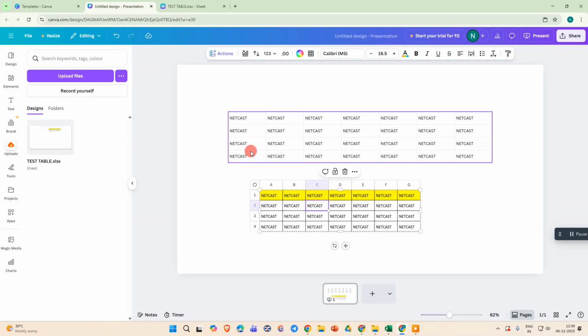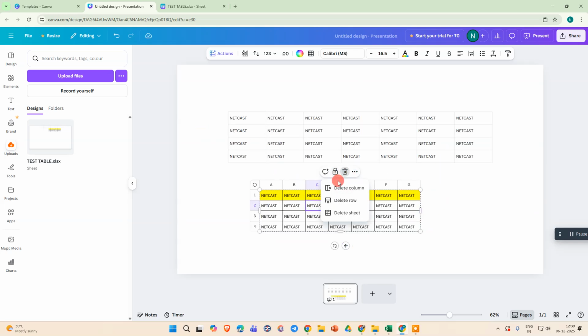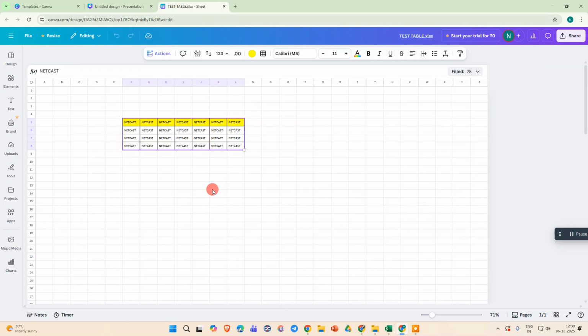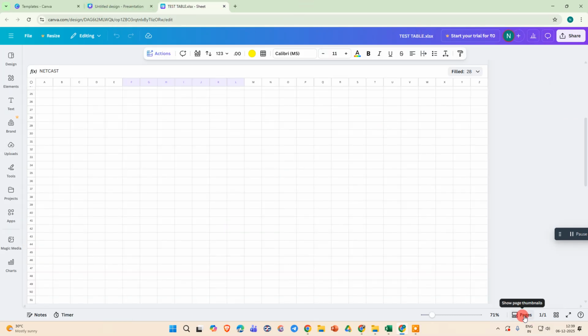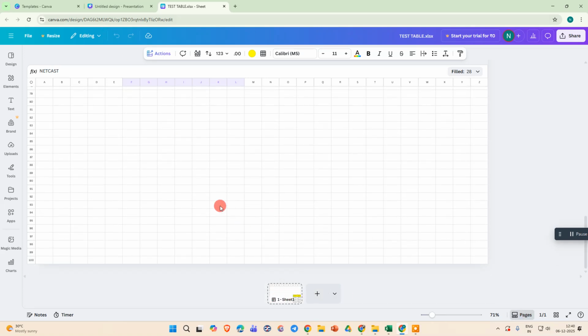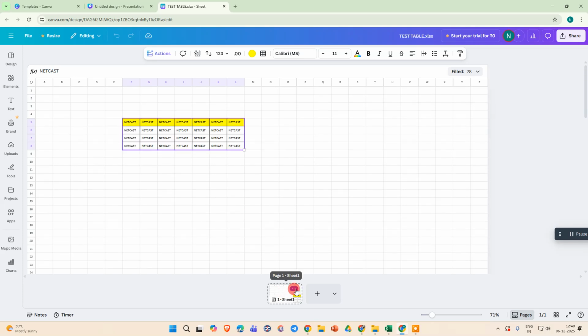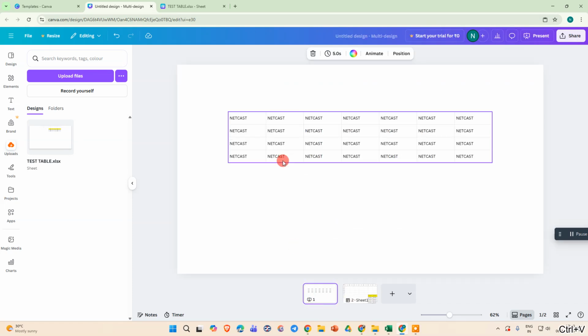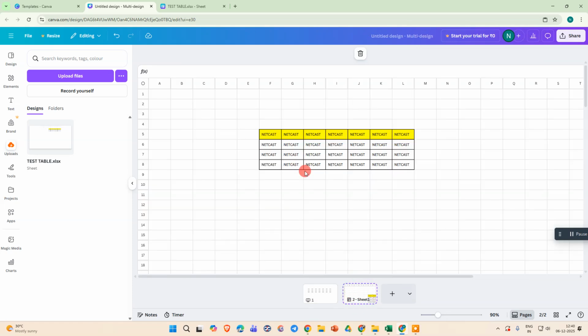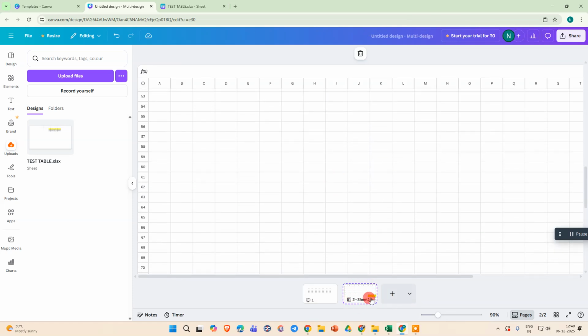Another way, if you want to copy the whole sheet as a page in your original design, then here go to the page, show the page thumbnails, just click on it. This is your whole sheet on this one page. Now just click on this three dot option, copy it, come to the original design and hit Control plus V. Then you can see this is our first page, and on the second page we have the Excel sheet. Now you can add this Excel sheet as a page in your